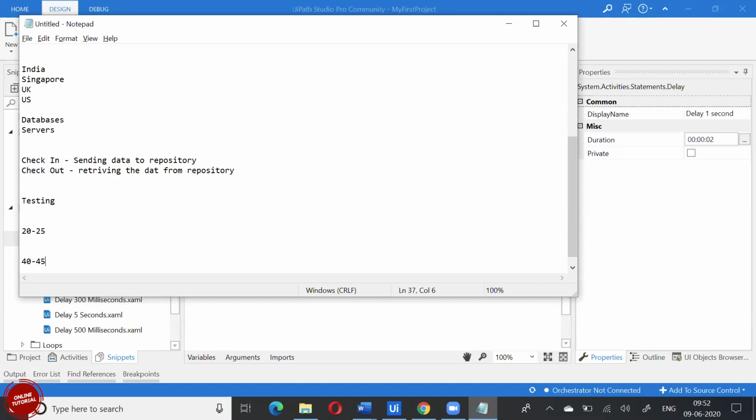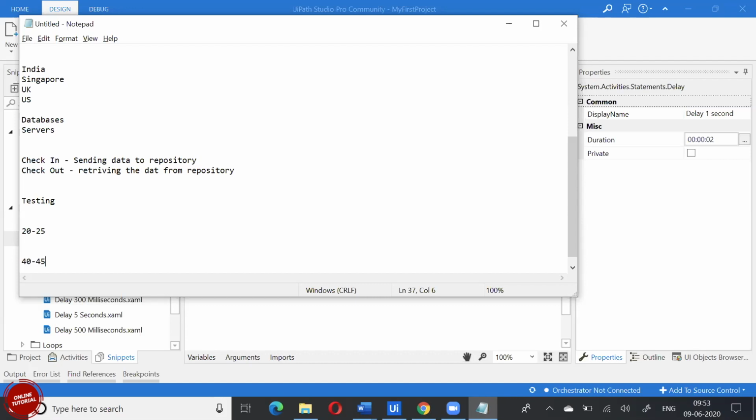Why it is so, I'll tell you. Let's take the example of IRCTC. You will never have consistent timings, right? Some days it might be really good, some days it might be really bad. So when we design, maybe we design on a good day. So a process was designed to work in the fastest time. Now all of a sudden, due to heavy load, the processing time has increased. But your robot is not designed to keep on waiting for those delays.